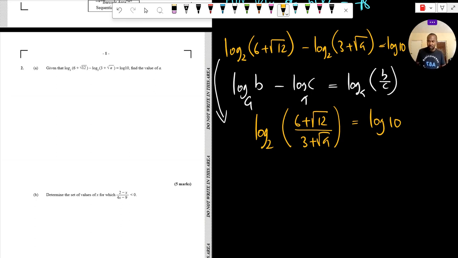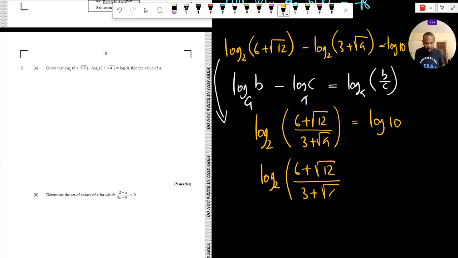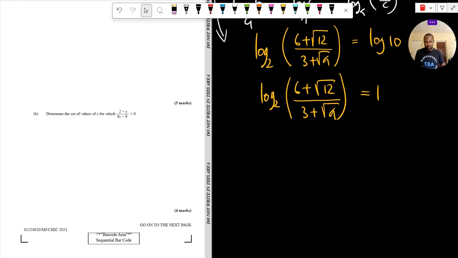Now, as I said before, on the right hand side, since there's no base indicated, it means that logs are being taken to base 10, and log of 10 is simply equal to 1. So continuing, we see that log to base 2 of 6 plus root 12 over 3 plus root a is equal to 1. And from the laws of logarithm,